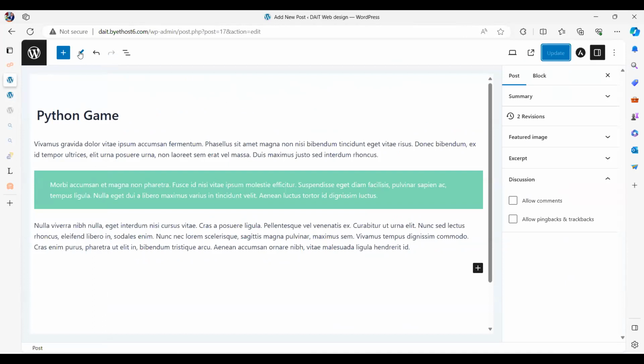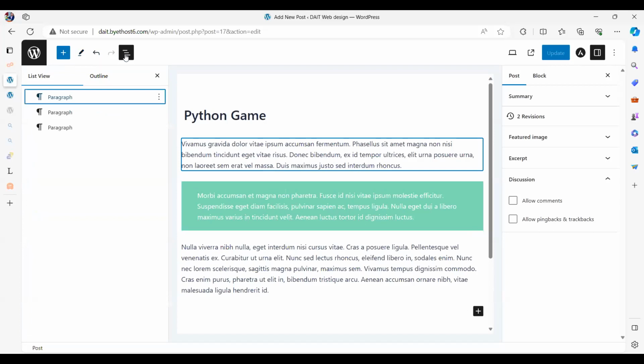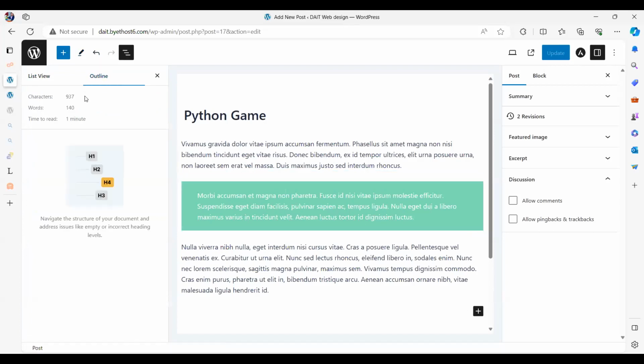I also want to look at how this is organized, by the way. So it shows how this is organized. So this is called outline. So I have a H1 tag here. This is my H1 tag. This is my H4. No, not really, actually.